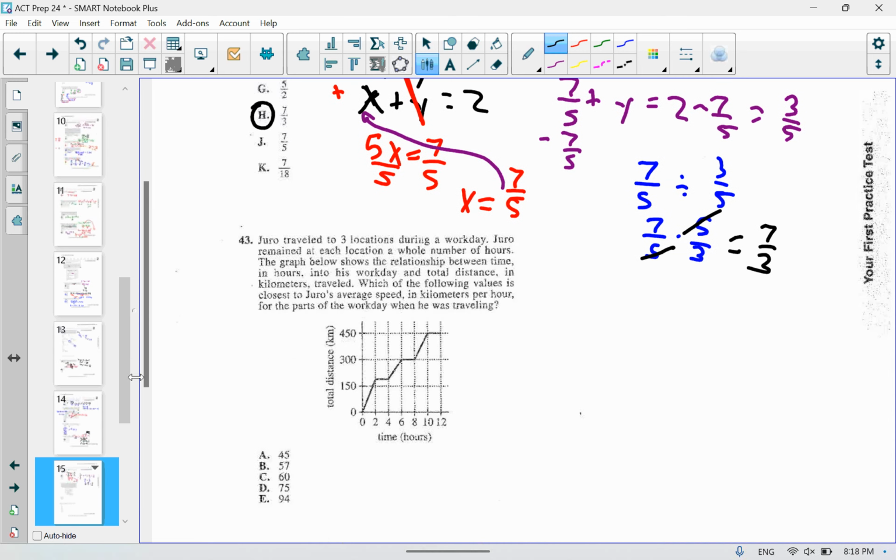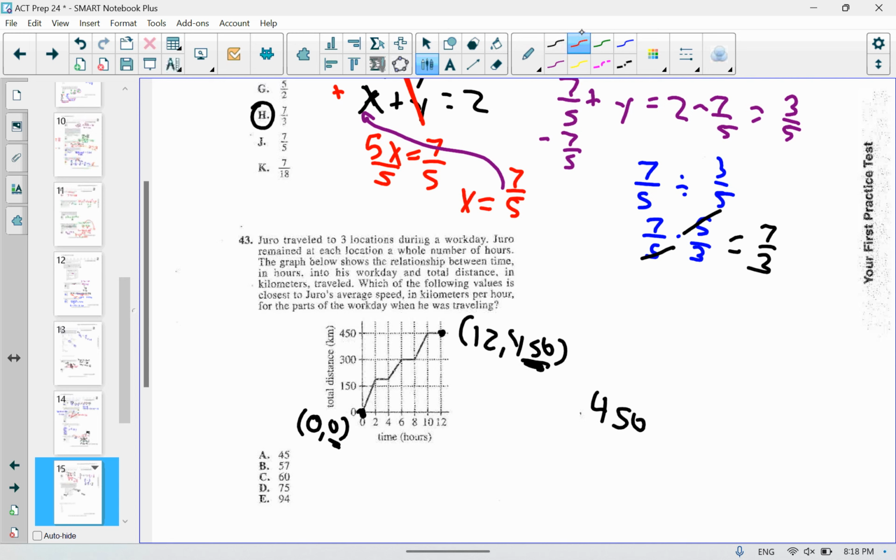Okay. Here, the average speed when traveling. So let's take a look. I started at 0, 0. So I've traveled 0 miles. I end up at 12,450. So overall, I traveled